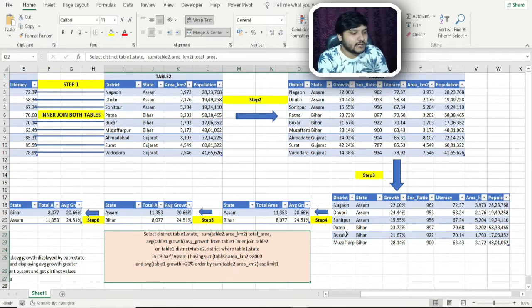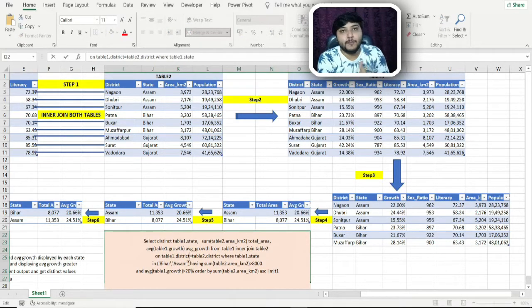Now after step 3 what happens? After step 3 the data is getting aggregated and the total area is calculated on the basis of each of the states which are present here. You can see the data has been aggregated and the aggregate function has taken place. I've just missed the group by clause here in the query, where the group by clause would take place. I've done this intentionally.